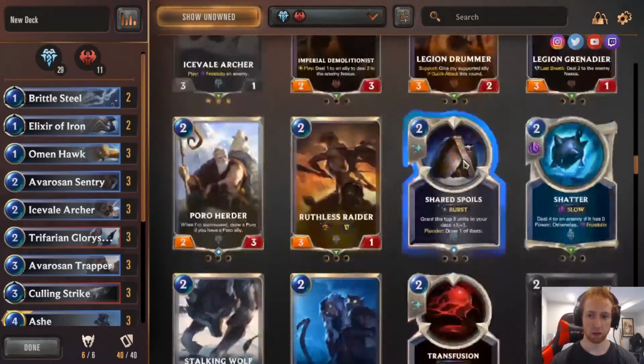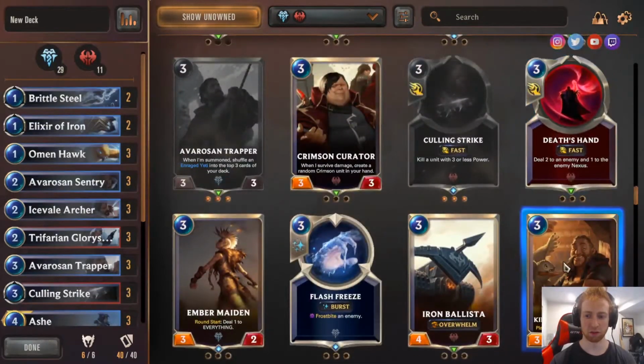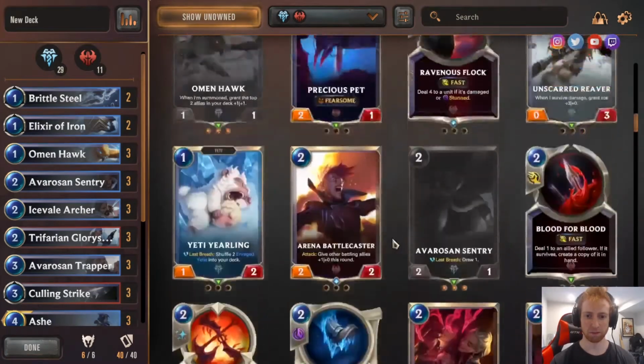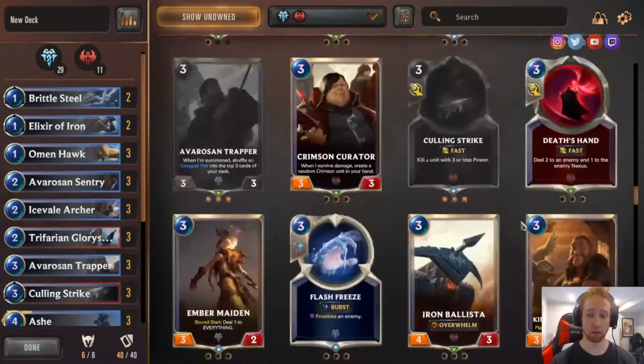A lot of people might say this is the better one, so you would want to freeze the Kindly Tavern Keeper, because 3/3 is stronger than 3/1. It makes sense to freeze the strongest one, but that's not actually what you would want to do. A lot of people might already know this, but in this situation you want to freeze the 3/1